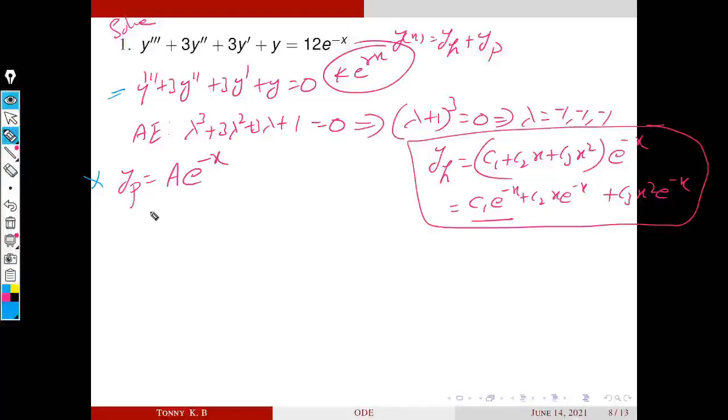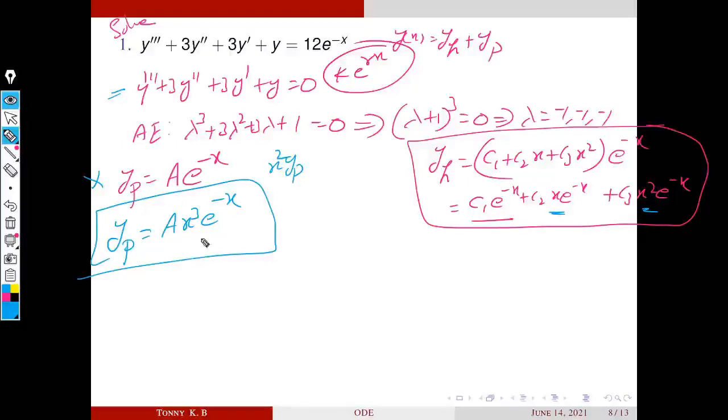So this YP is not allowed. We have to modify this YP using the modification rule. What is our modification rule? We have to multiply with some x raised to k such that x raised to k into YP is not a solution of this homogeneous equation, or not a part of this solution. It is clear. We know that x into YP is not possible because x into YP gives this term and x square into YP gives this term. So our YP is a into x cube e raised to minus x. Clear? I already explained this using an example. So that's why YP equal to a x cube e raised to minus x.